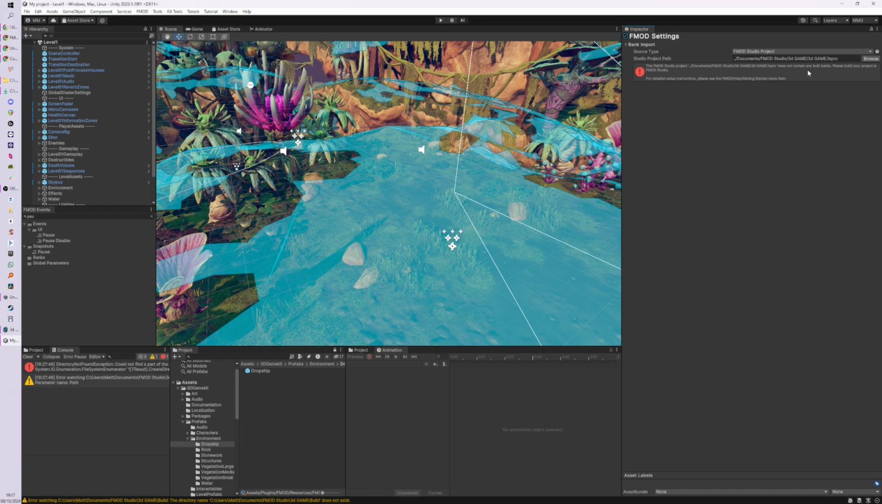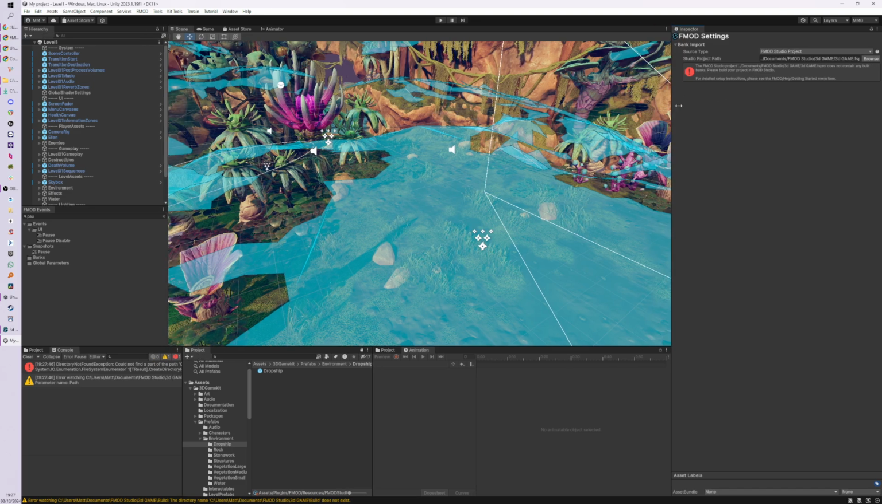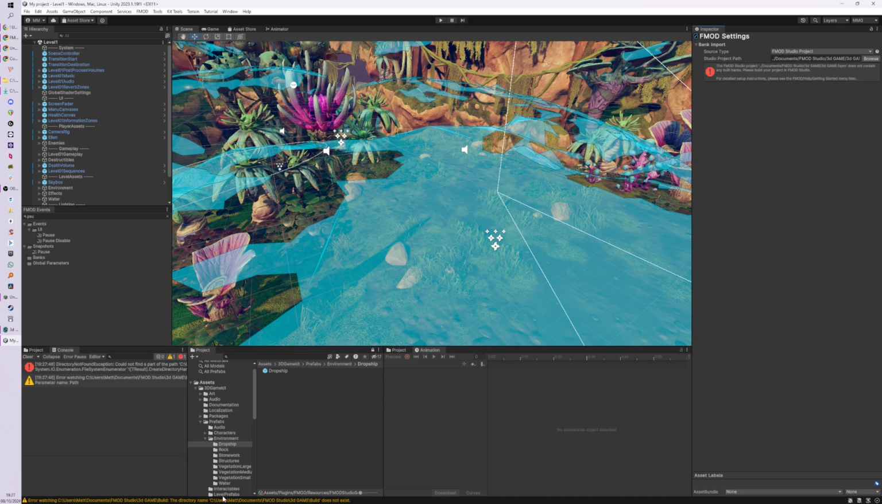Does not contain any build banks. Please build your project in FMOD Studio. Okay, so it's complaining that we don't have any banks actually built from that FMOD project. So the FMOD